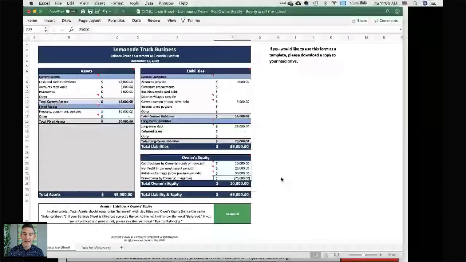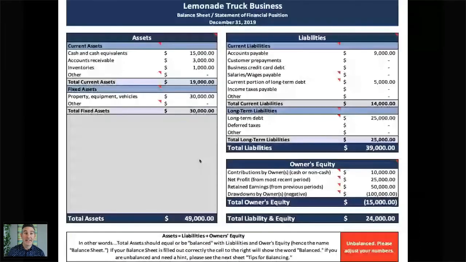So I'm not saying just make things up, but I'm saying think a little more about what probably actually happened here, because the money did go somewhere. So that's what you have to do. I also want to point out that we have tips in this template, and Caroline can share this with you.